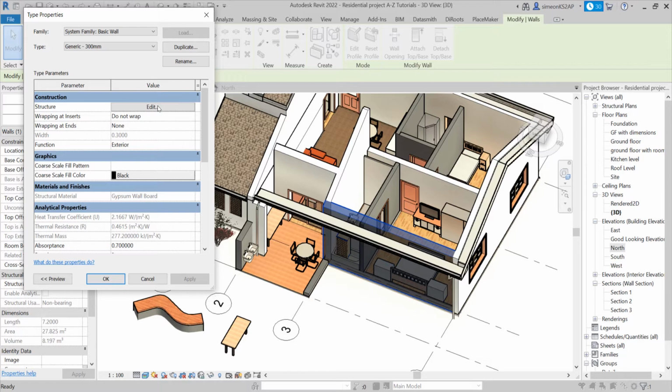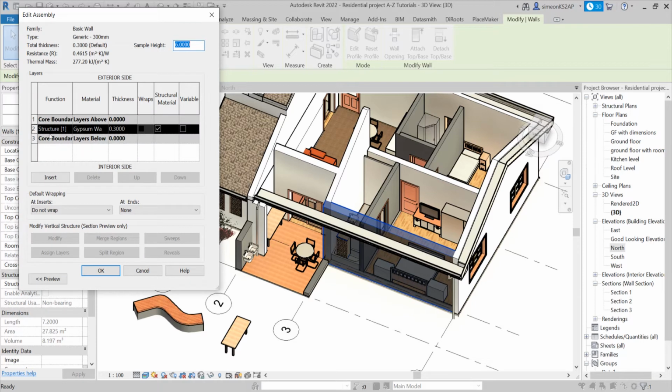It will depend on the type of family that you are using, but most of the time you will go to the structure and edit the structure, and here